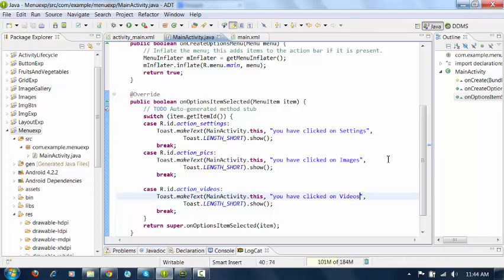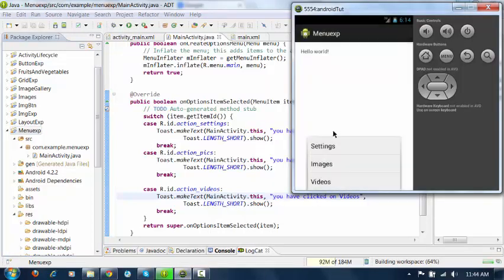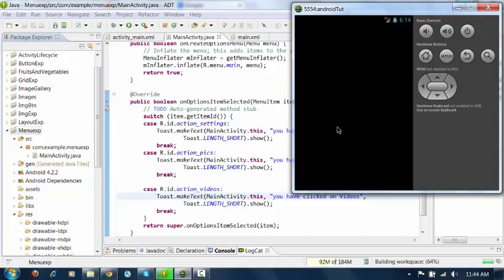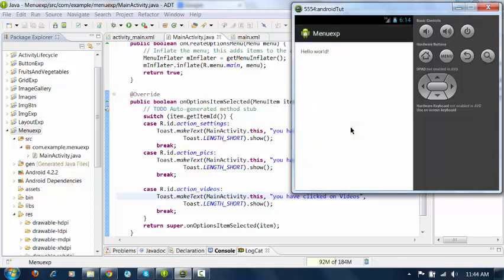Now let us try to execute this application and see what will happen. Select the application and run it. Click on the menu button.